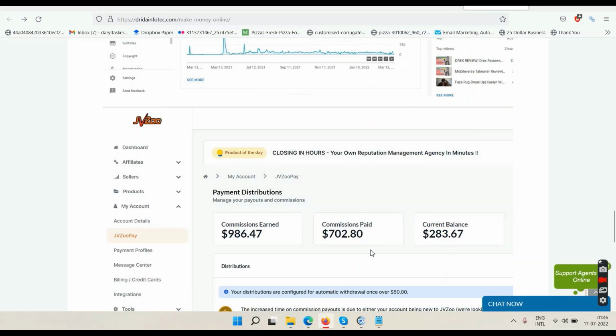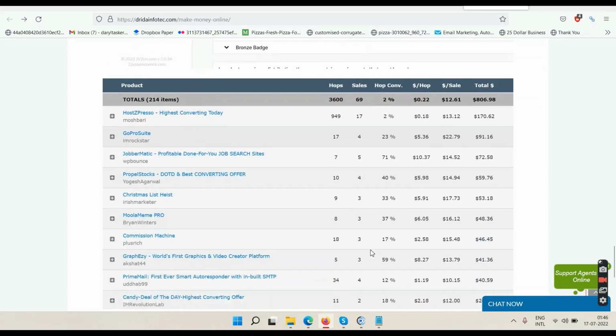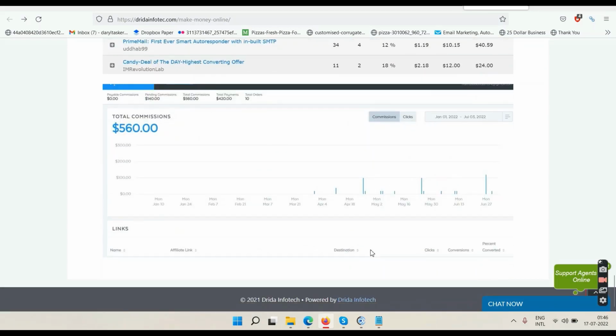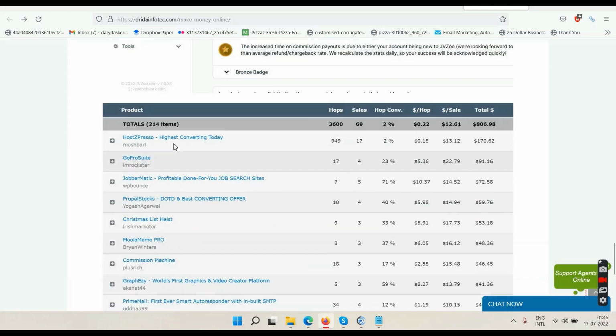Okay, and you can see here, this is the money I have made by doing some reviews on my YouTube channel. My primary source of income is YouTube ad revenue. Just upload videos, make money, no selling required. Okay, and again, these numbers will change. These numbers will grow, because again, I'm telling you, this is a recurring commission system. So right now, if it shows 560, in the future, it might be well above 600 or 700. So the data will be changing when you're watching the video in the future.